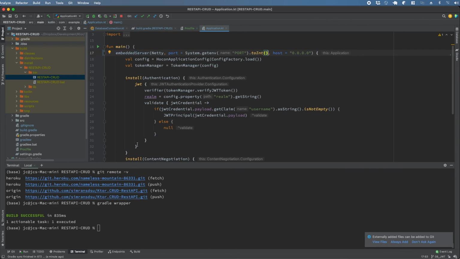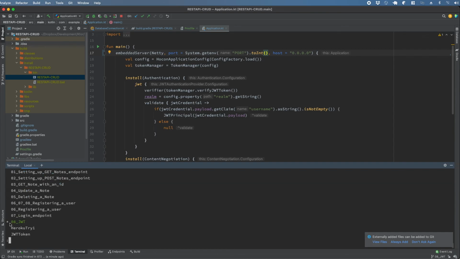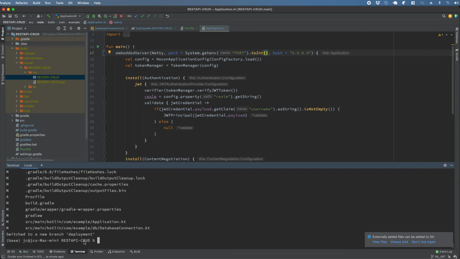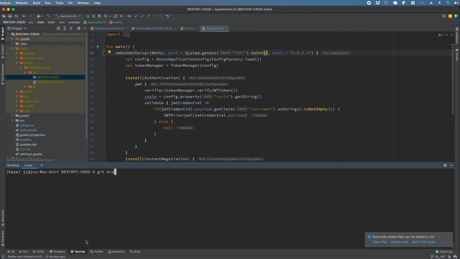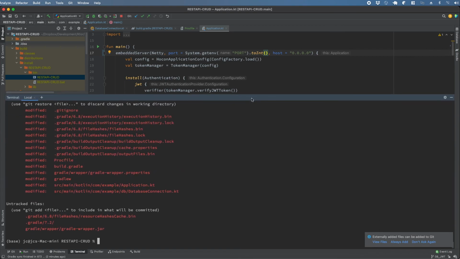So once all of these are done, right now we are on the branch 08-JWT, so we won't be committing changes to this branch, rather we will check out into a new branch and we will name it deployment, and now we'll commit some specific changes, not commit everything. So I'll expand this a little bit. So we'll do git add Procfile,